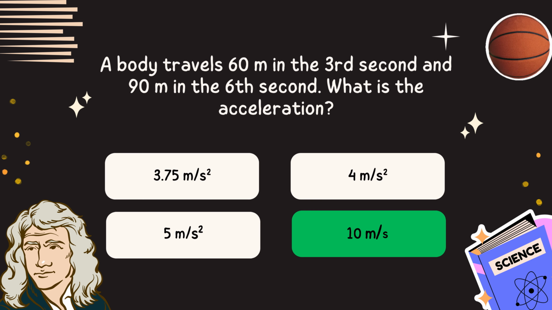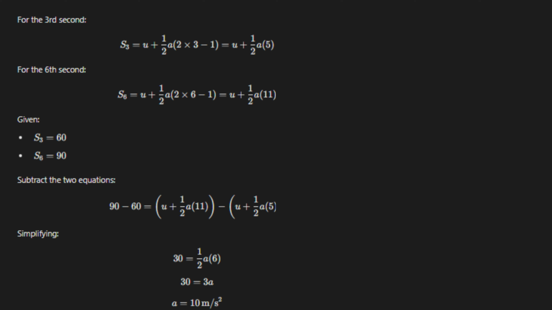Correct answer is 10 meters per second squared. Let's say you know the distance traveled by the body at 3 seconds, which is s3 equal to 60, and the distance traveled by the body at 6 seconds, which is s6 equal to 90. To find the acceleration, in this situation, you need to apply the general formula of displacement in the nth second,